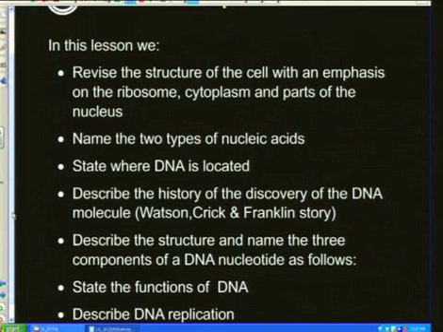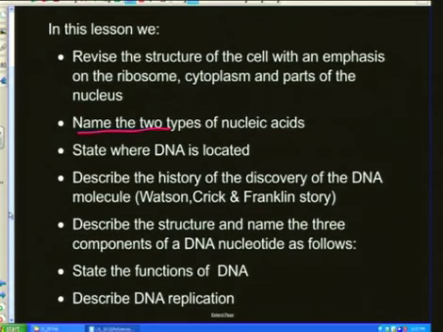Name the two types of nucleic acid. And again, while we're talking about this, guys, remember, look at the words. If this was a question, it said name. Did you have to discuss or explain anything? No. Name the two types. So you're going to just say what they are. We'll talk about that more later. State, again, another verb, state where it occurs. So there's no discussion. You just got to give the location.